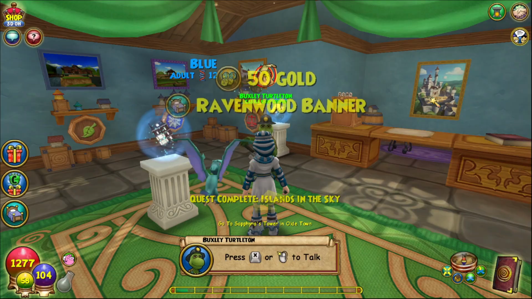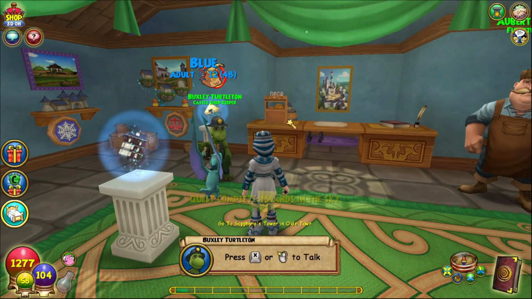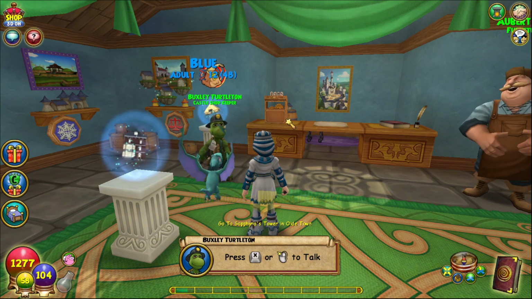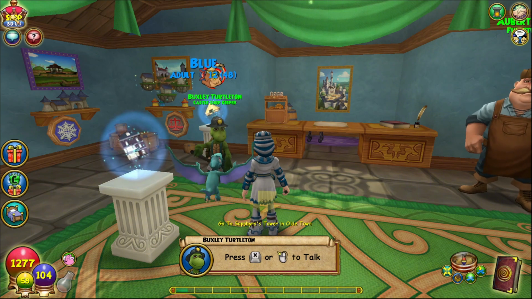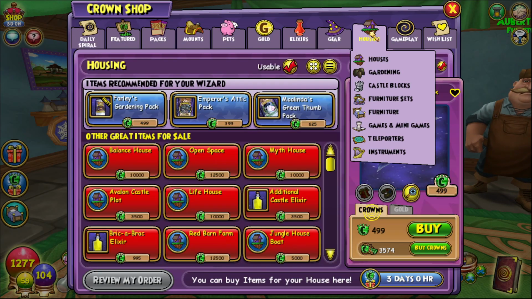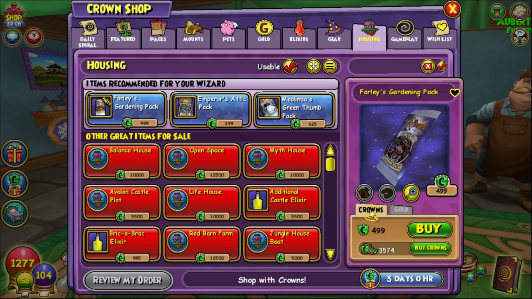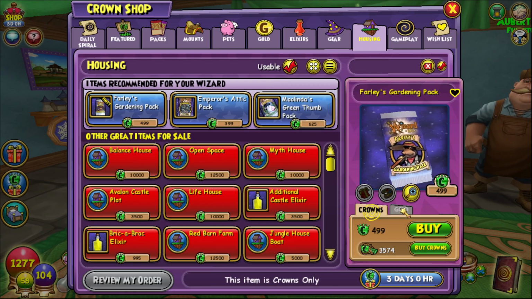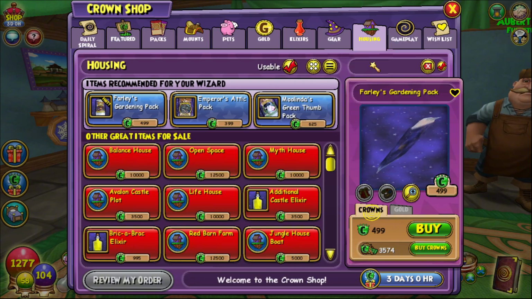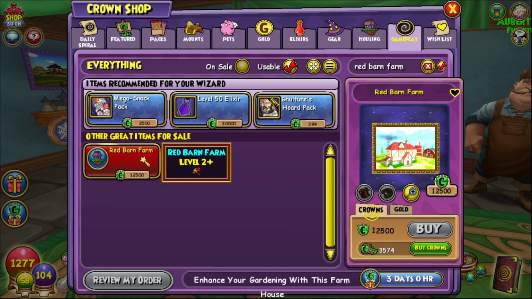Now, here's my suggestion. You don't really need to buy castles from either of these people. There is one castle that you should purchase, and that's going to be in the crown shop. Now you might be wondering, well, I don't want to spend crowns on a house. You don't have to. There are actually a lot of items in the crown shop that you can buy for gold. So you'll notice right next to this crowns button, there is a gold button. Now, if it's grayed out, it means that you can't buy that with gold. But, for example, under housing or in the search bar, if you type Red Barn Farm, you notice you can purchase this house for